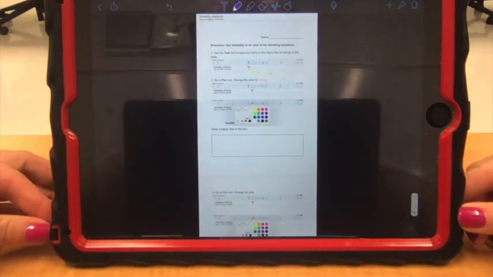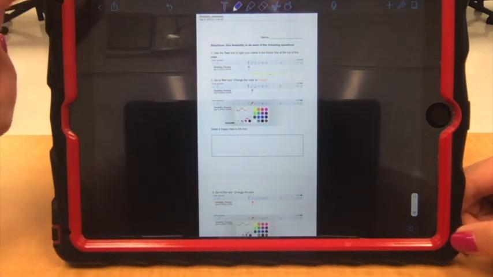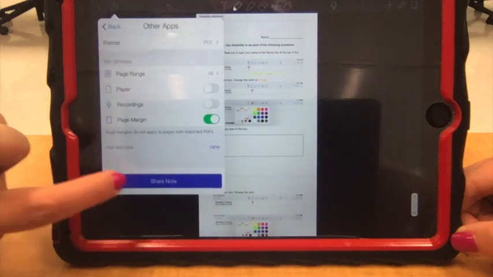We'll also go over how you can submit something, which is in another video, but once you're done, you click on this square, and then you can choose other apps, share notes,